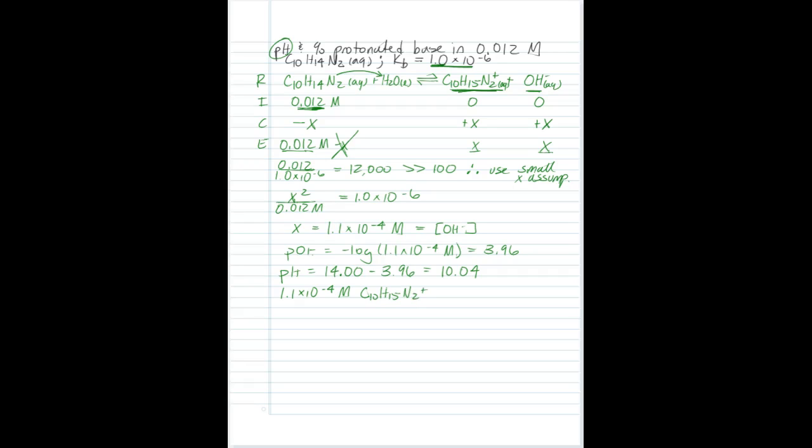And because we want a percentage of our original solution, we just simply divide that by our original concentration, which is 0.012 molar of C10H14N2 initially. Because this is a percentage, we're going to multiply by 100. And when we do this, we get